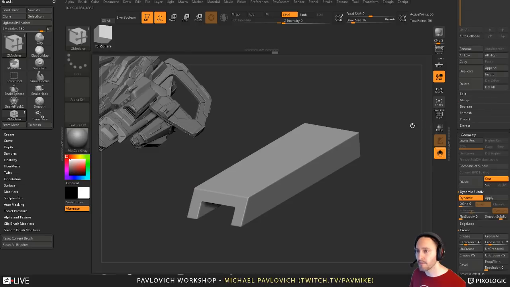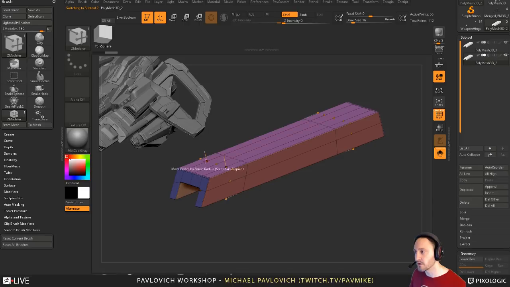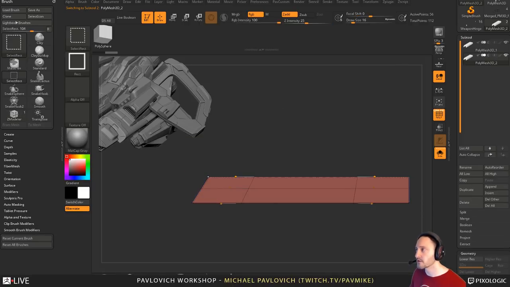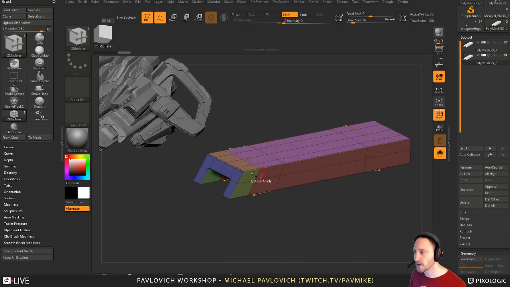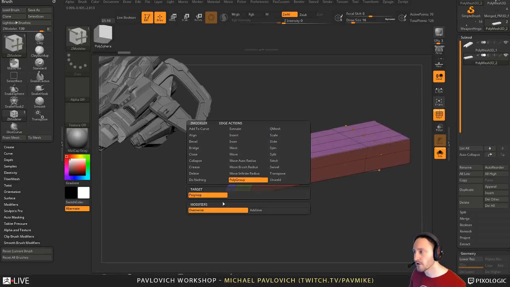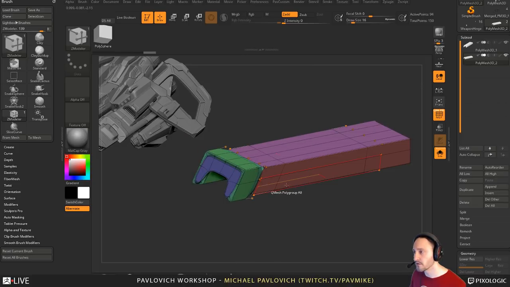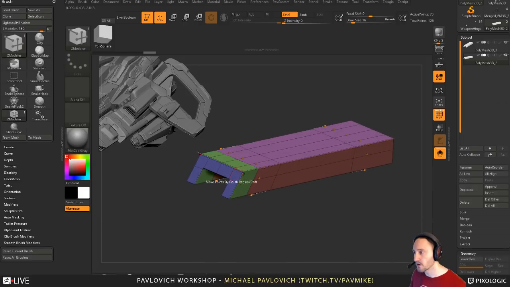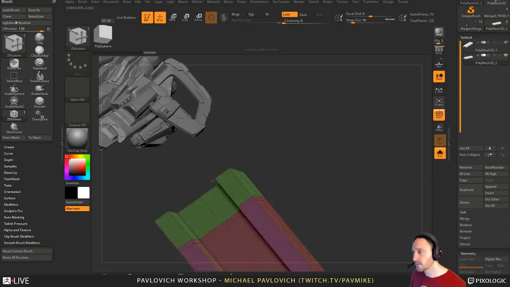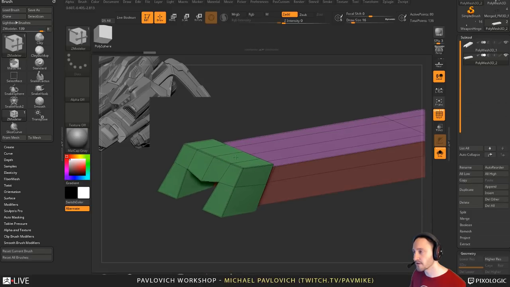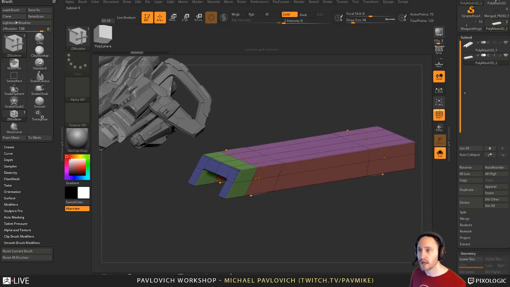And then if I want to put a cap on this, all I got to do, duplicate this thing off. You don't have to. You can, if you wanted to, let's go ahead and just do a slice. So we'll do a slice curve here. And then you can hover over an edge, polygroup polyloop, tap Alt, QMesh polygroup all, and you can just do whatever you need to do here, like this, or we can also start Alt painting this one, tap Shift, and inherit that poly paint, and now you can just QMesh this up. You might need to do a little bit of cleanup there,